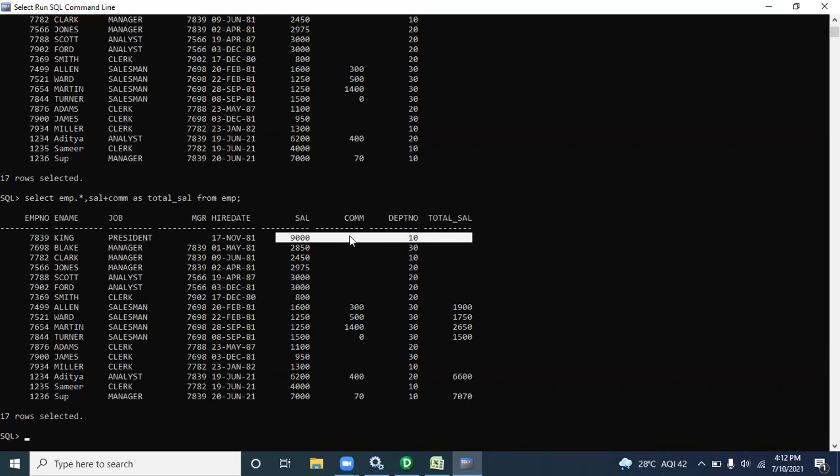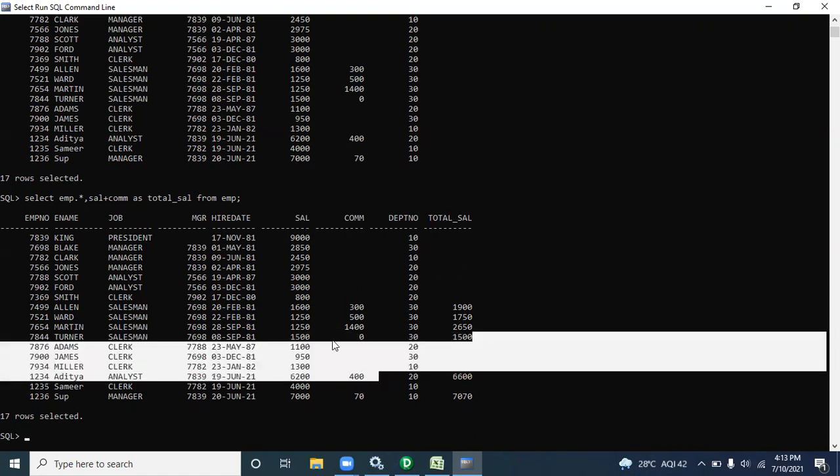Final, with addition of the two values, salary and commission, 9,000 plus null. Null means infinite, so it will give you the null result. But where the value is there, it gives you the sum. 1,500 plus 0 gives you 1,500, because we know 0 is a minimum value.